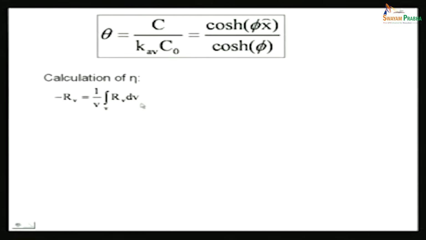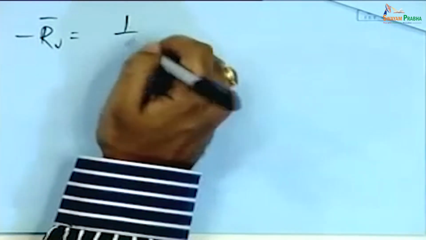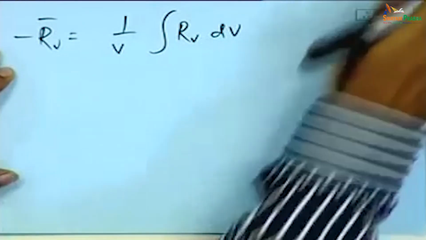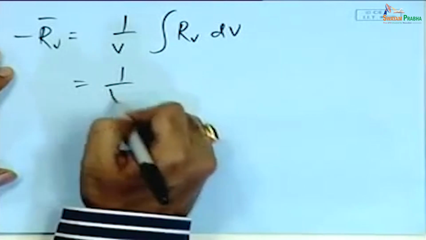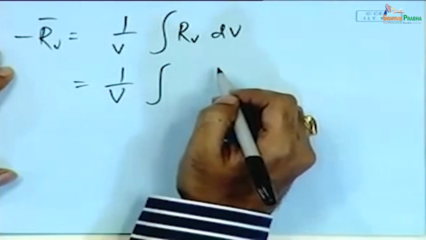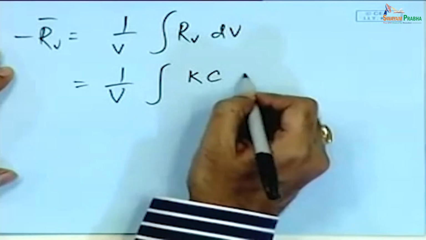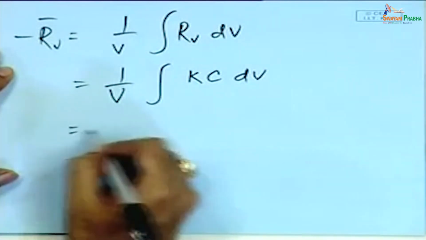So because you know the volume of your slab, what you got over here is a slight typo. This should be R_V average, there should be a bar on the top of it. So minus R_V average is simply going to be 1 over V times the integral of R_V times dV, and that equals what we got. So K C times dV, right, equals